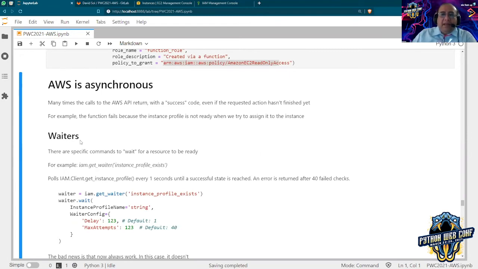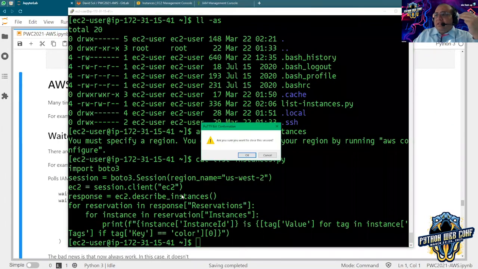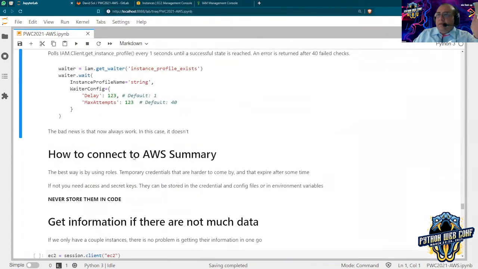Or if you create an instance, you can put a waiter to say, wait until the instance is finished, and until the instance is ready, you don't do anything, right? For example, you can create a waiter and say, I want a waiter for the instance profile to exist, and then wait for this instance profile,